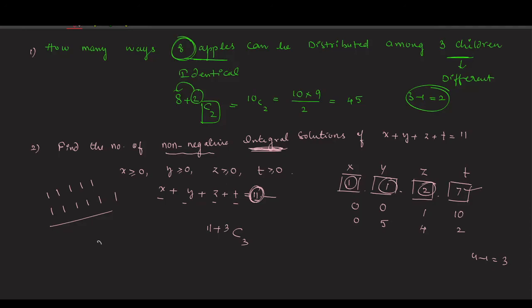Okay, this is nothing but the formula n plus r minus 1 C r minus 1. You can say here n is equal to how much? Number of objects, 11. R is how much? Number of boxes, 4. So you can use the formula, you can substitute this. Which is what? 14C3, which you can calculate: 14 into 13 into 12 by 3 into 2 into 1, 6, 6 to the 12. So the rest of the calculation can be done by you, right? So this is the number of ways of distributing identical objects into different boxes where a box may be empty,